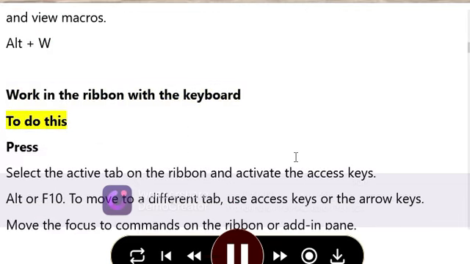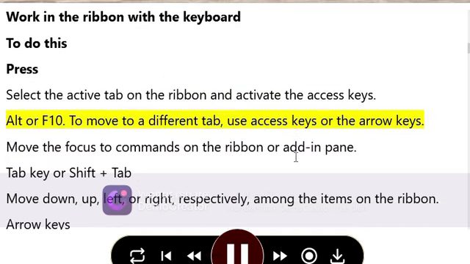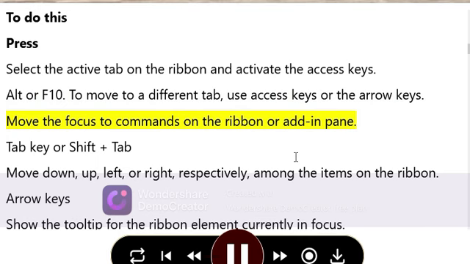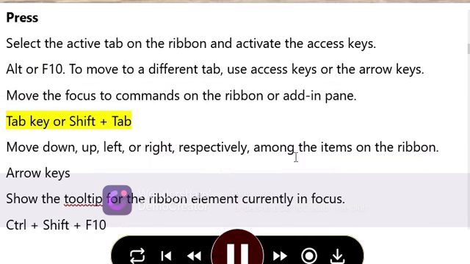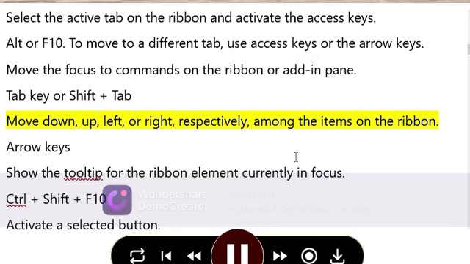To do this, press: Select the active tab on the ribbon and activate the access keys, Alt or F10. To move to a different tab, use access keys or the arrow keys. Move the focus to commands on the ribbon or add-in pane, Tab key or Shift plus Tab. Move down, up, left, or right, respectively, among the items on the ribbon,